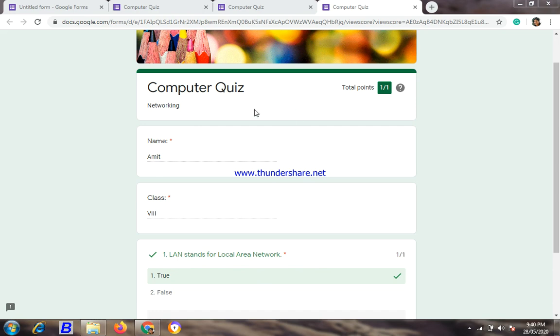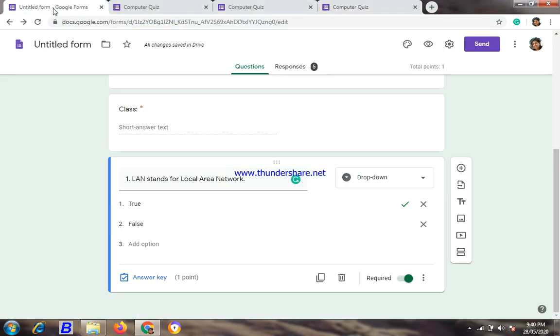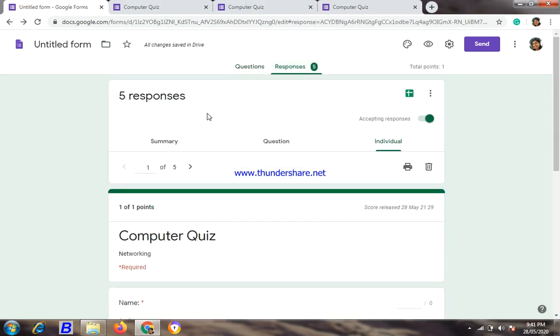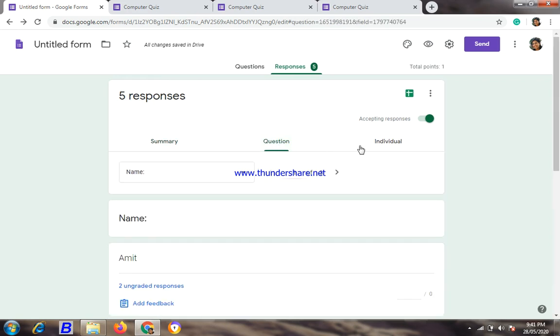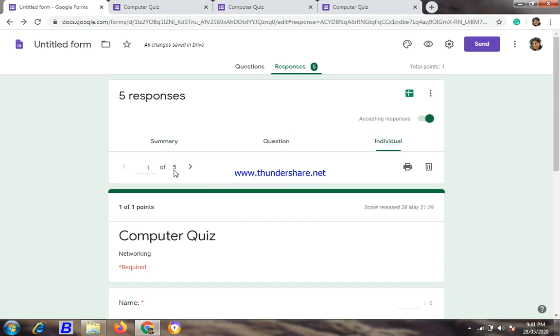And now the teacher wants to see the students' record, so go to the same page, and there is the option response. Suppose 5 students attempted the paper, so you get the result over here. In the summary, you can see, suppose 4 students did it wrong, 1 student did it correctly. You can see the question wise summary, the responses, and individual results.